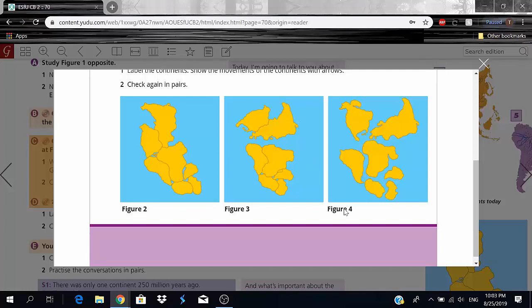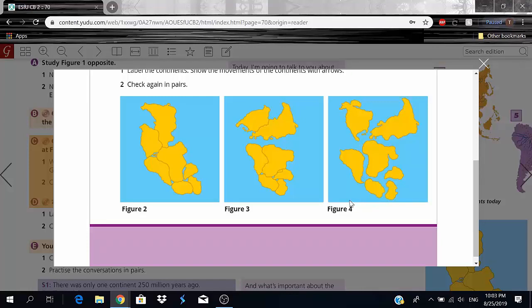All right. And then finally, figure 4. It's still not quite the same world map as today, but now this is where things really started to form into the way that we know and think of when talking about continents. So here you obviously have North America, South America. Obviously things are a little bit different. You guys can see they're not connected yet. So this was around 80 million years ago. Figure 3 was around 200 million years ago. So figure 2, 250 million years ago. Figure 3, 200 million years ago. And finally figure 4 was 80 million years ago.